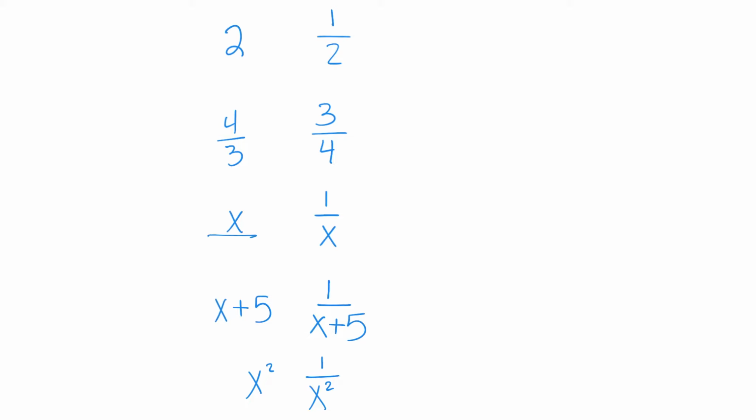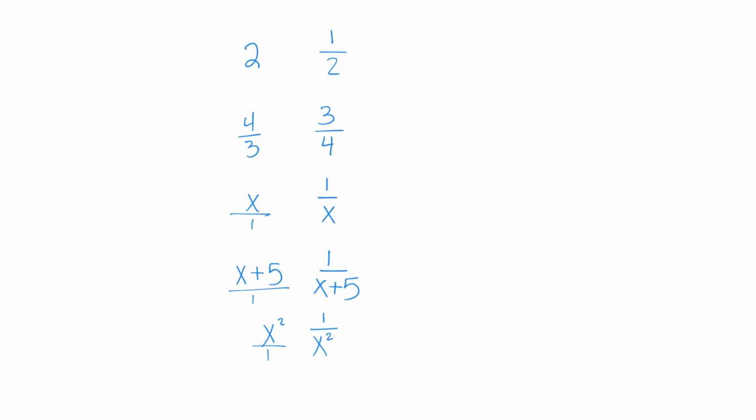Remember, all of this stuff can be written as fractions if we need it to. So to find its reciprocal, you're just putting it under 1. Now, that's lovely. However, as soon as we start putting x's in here, it's going to create some problems when we look at it as a function and start graphing. So if I have a function f of x, and that function is x, and I take the reciprocal, that means